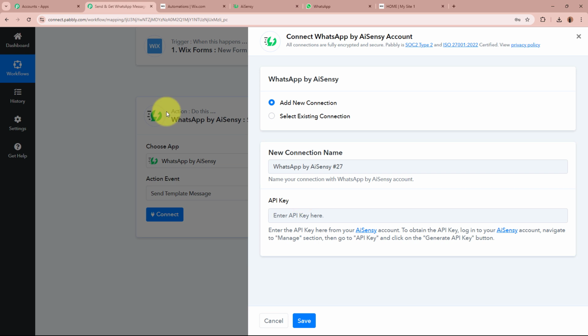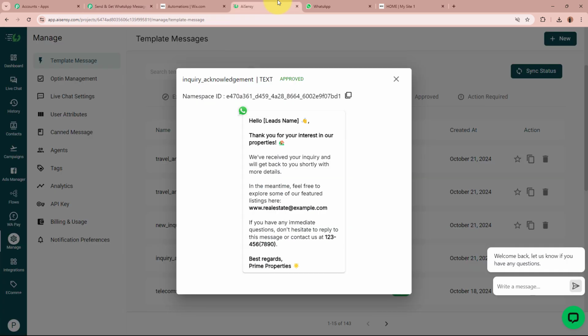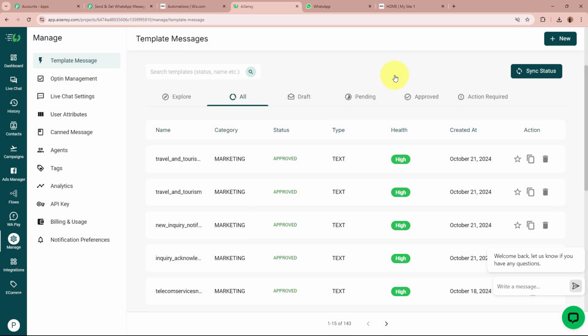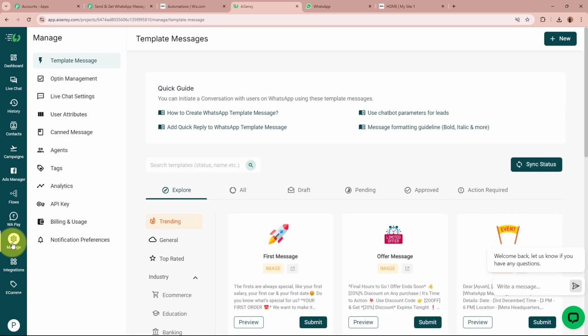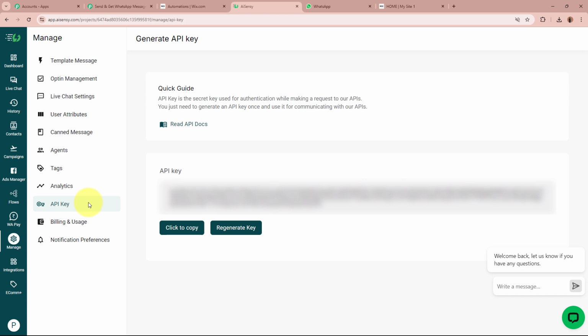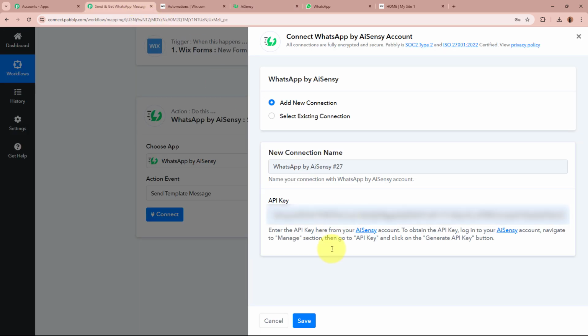For connecting WhatsApp by AiSensy to Pabbly Connect, we need access to the API key. For that, log into your AiSensy account. After logging into your AiSensy account, from the panel on the left side, click on this manage button, and under manage, you can see it says API key. Click on this button. This is the API key. I'm going to copy it from here and paste it over here in my workflow, and then click on the